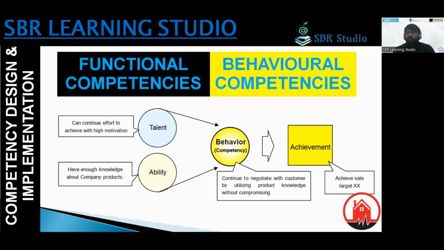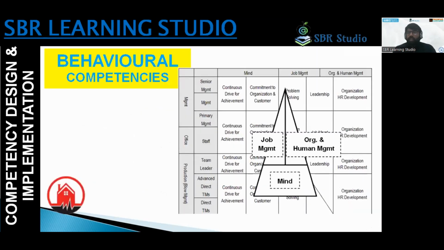So now it is about how you have to manage and assess it. There you have to define the criteria, either a 5 scale rating or something, but before that, how you have to design and implement it. So secondly, when it comes to the behavior competencies, the competence level we have seen here for the technical competency, where you have defined it based on 4 to 5 different levels.